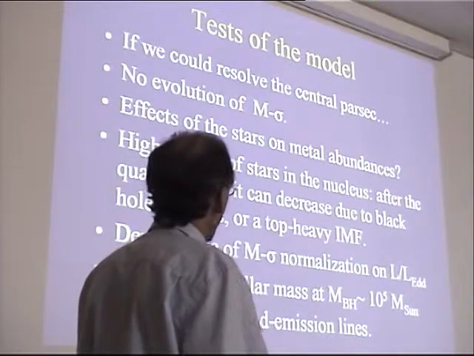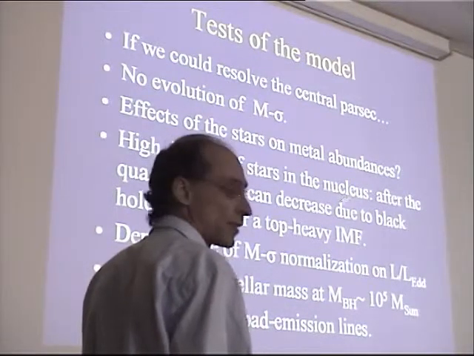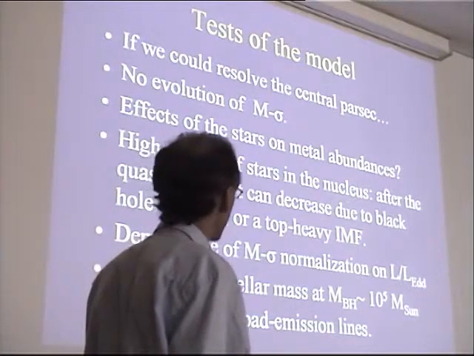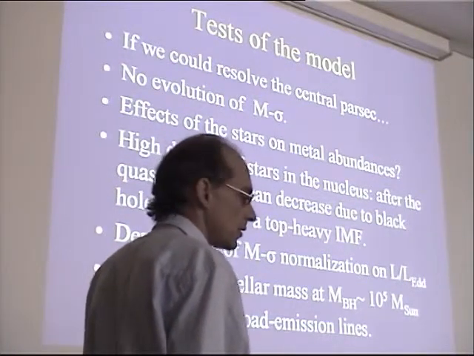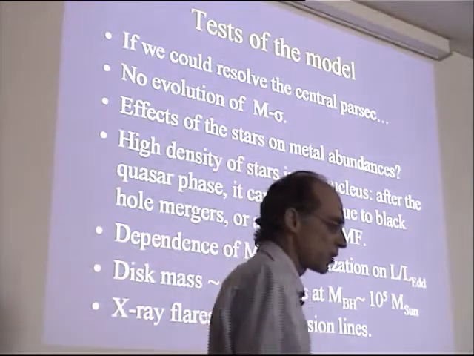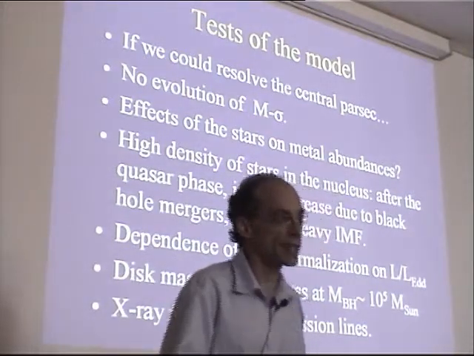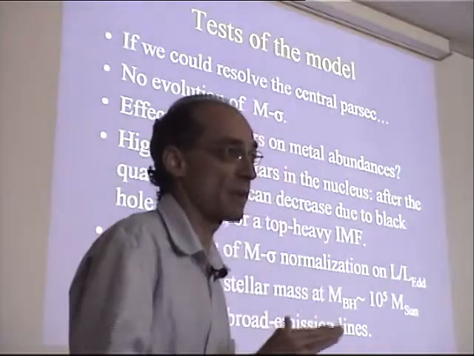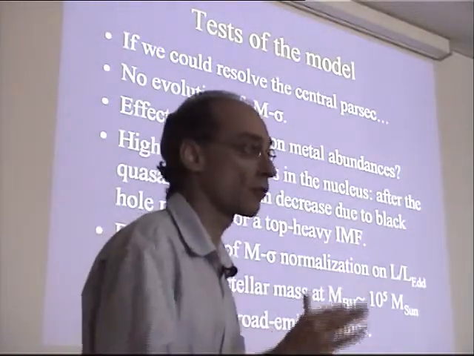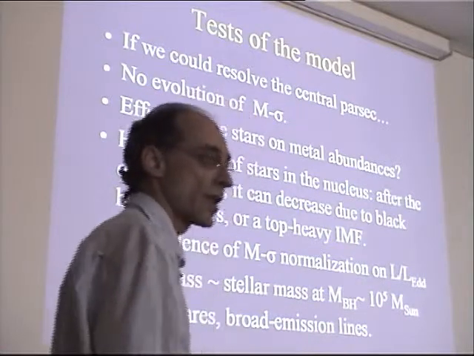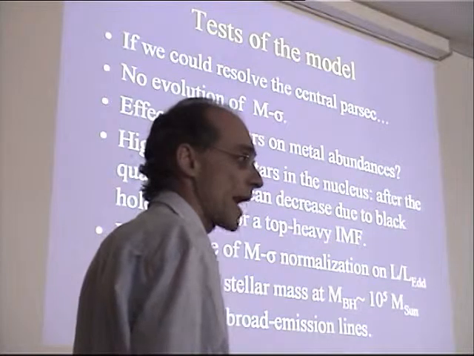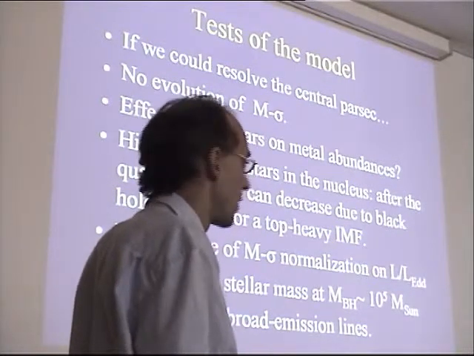There should be, of course, a high density of stars in the nucleus, but this is when the AGN is active, this extremely high density of stars. But not today in the remnant black holes; we don't necessarily see a very high density of stars. Some ellipticals have power law cusps, and some of these power laws are quite steep, going as r to the minus 1.5 or so for the density profile. But a lot of them have cores, and they don't have the high density of stars required for this model.